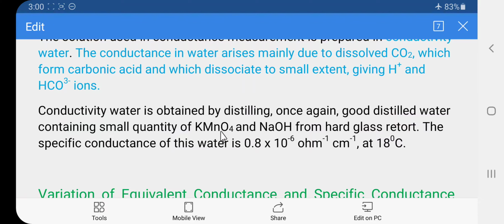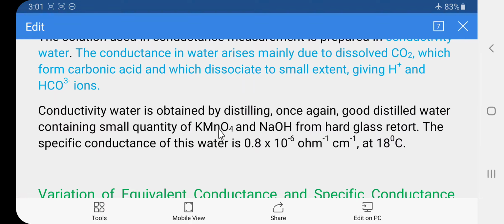All of you know that KMnO4 is an oxidizing agent. Because of the KMnO4, oxidation of the organic particles takes place and there is the evolution of carbon dioxide. So this is the role of the potassium permanganate. Then NaOH, again, is the base. What is the role of the NaOH? NaOH is used just to neutralize the mineral acids present in the water. So this is the role of the NaOH, that is, the mineral acids are neutralized.